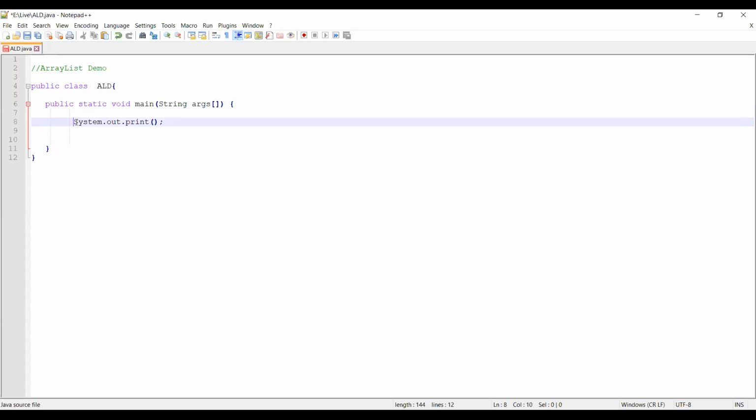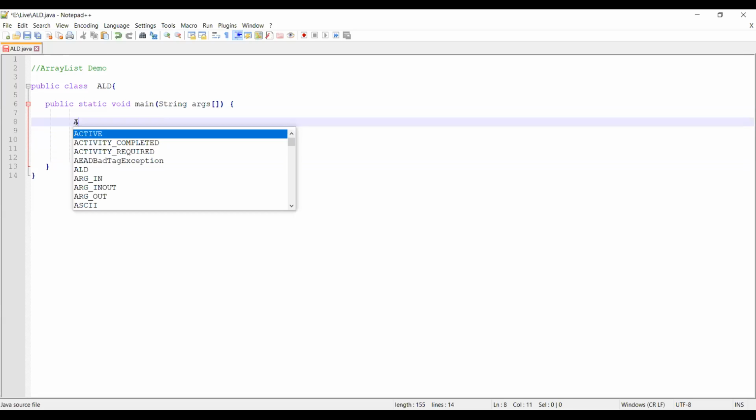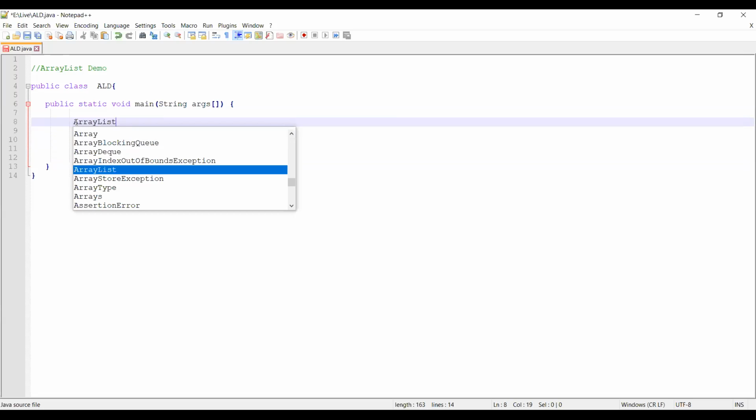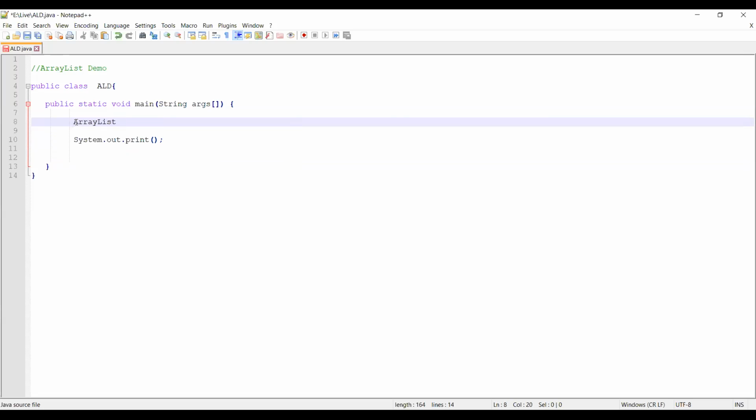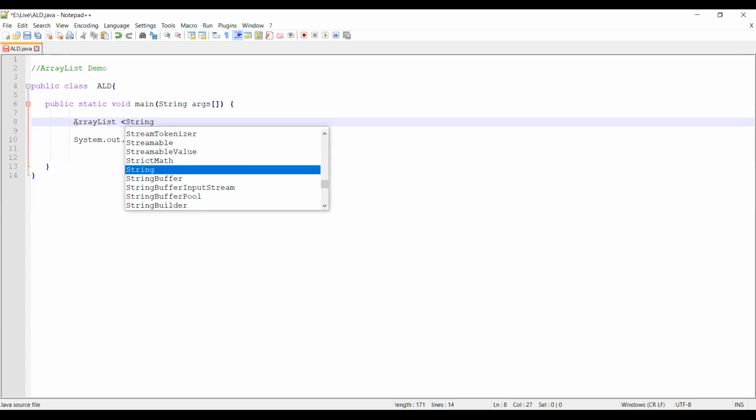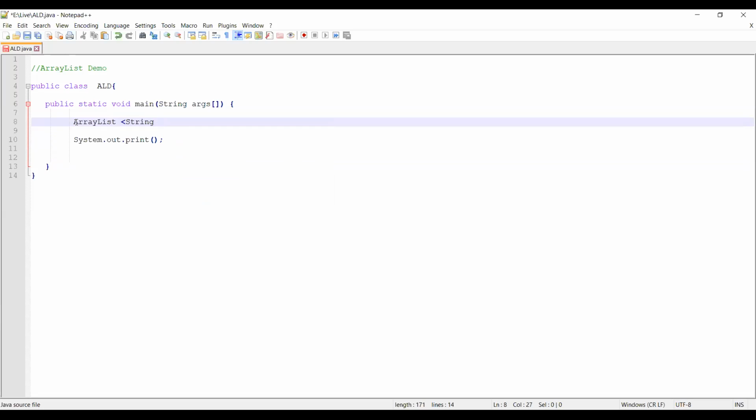Let's create an array. As I was telling you, to create an array, you simply need to write ArrayList. I'll have a string array, so I'll write string. Let's say I'll create an object. Object is equal to new